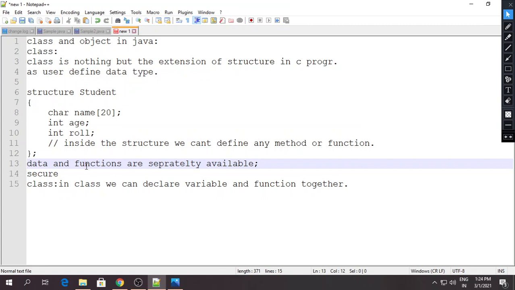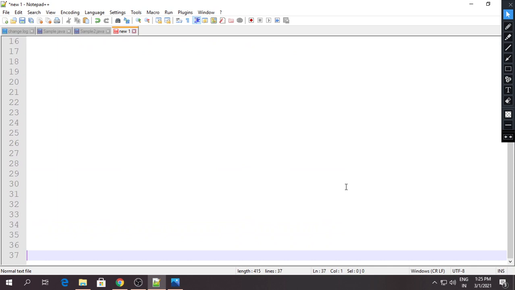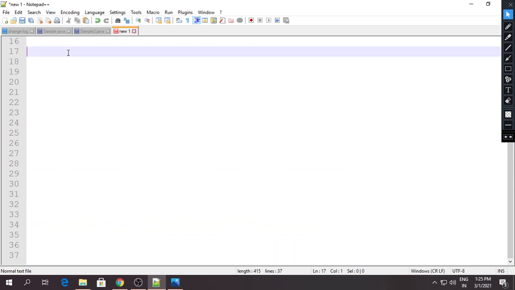Now we will try to understand exactly how the concepts of class and object work together. For that purpose we will consider some examples.